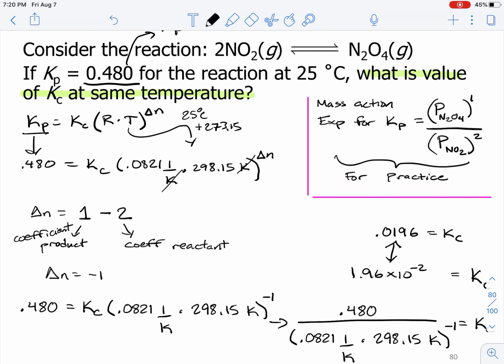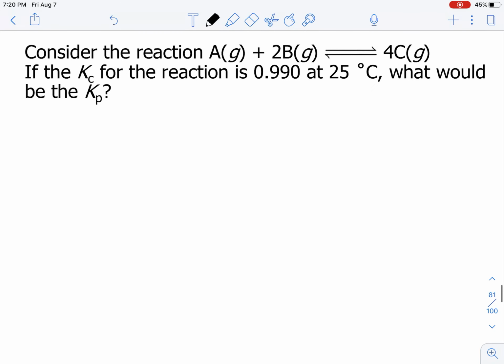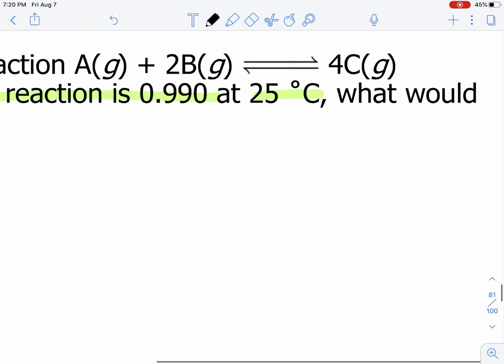All right, so we're going to look at one more example. We're going to solve for Kp this time if we're given Kc as well as the temperature. For this example, very similar to the first, I want to get some practice in terms of writing the mass action expression for Kp. So the mass action expression